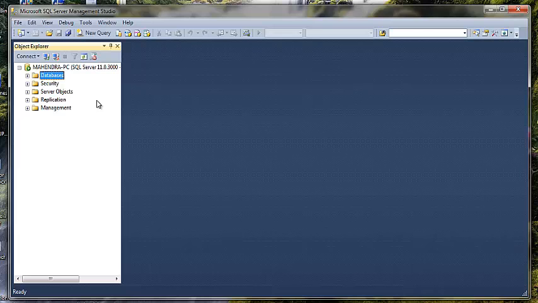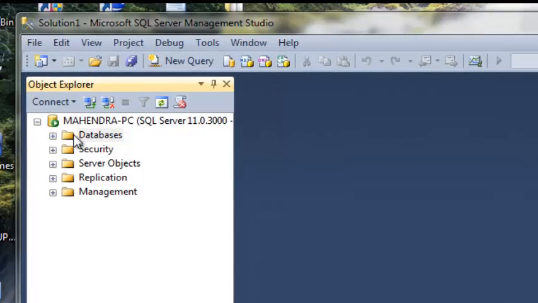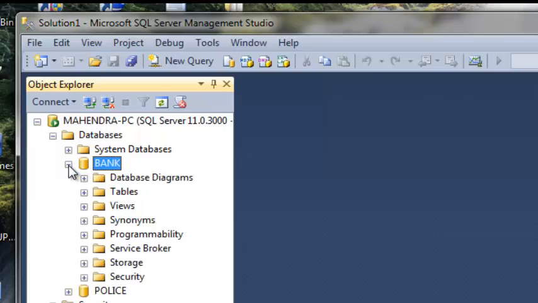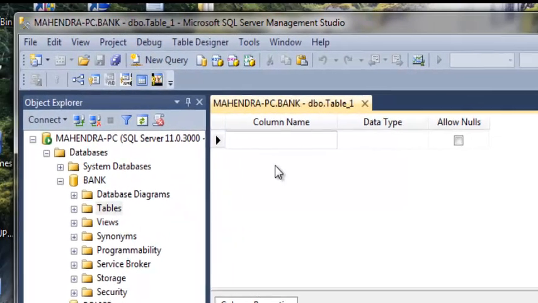Now obviously in every database there are tables. Now if we expand databases, we should see the database that we have just created. Here it is, bank, and we expand our database bank. Here we can create a table for our database. So we want to select tables, right click, new table, and